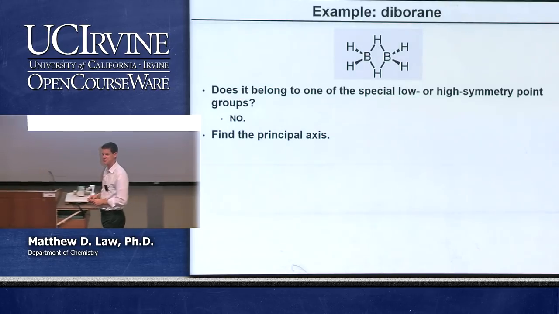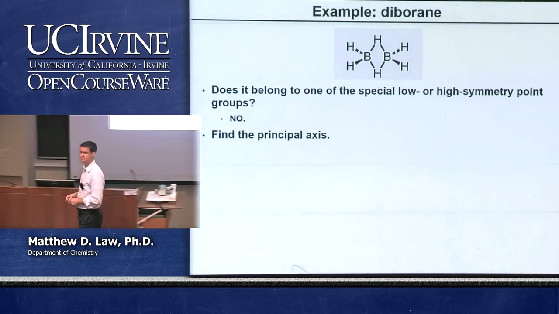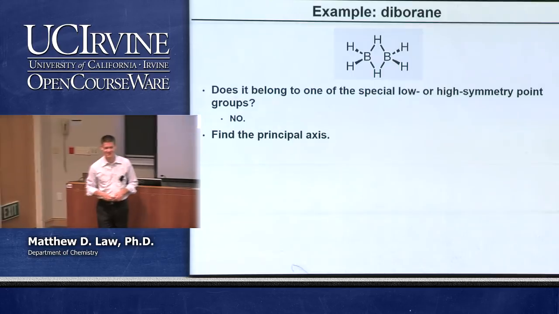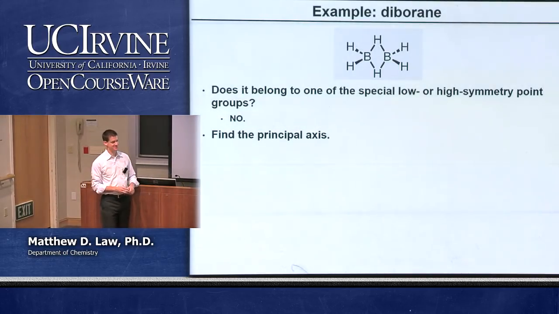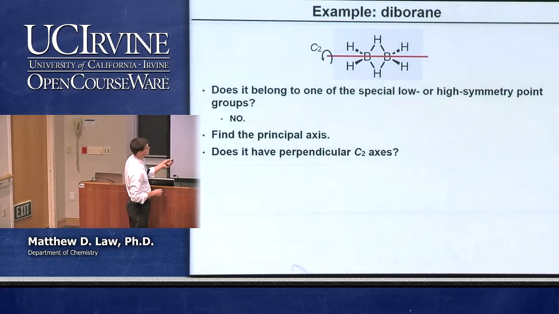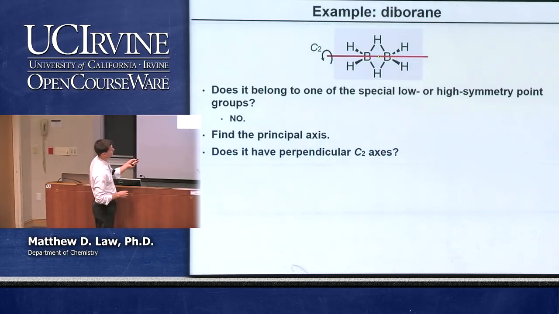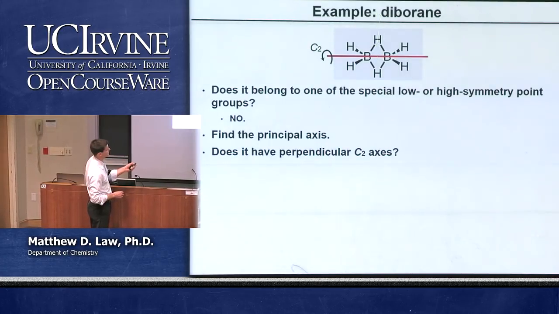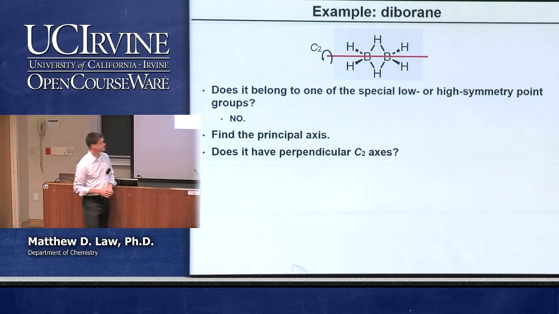Is there a C4 axis in this molecule? You hope so? A big fan of C4 symmetry. There's only C2 in this one. So there's one of the C2 axes. There's a couple perpendicular C2 axes. We chose this one. Doesn't really matter which one you choose, but we chose this one because it contains the boron-boron bond. But you can see that there's also a C2 that goes out of the plane and a C2 that goes up and down like this. So what does that tell you right away?